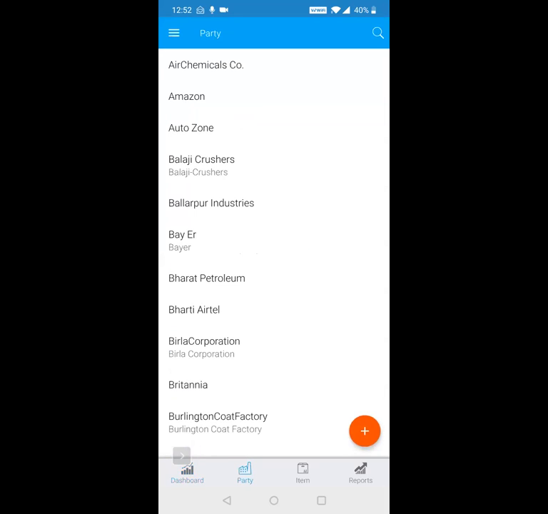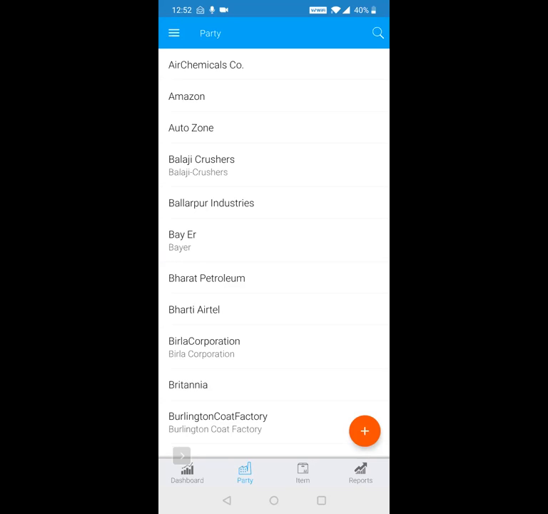Okay. Next is the party tab. Now there were two reasons why we created the party tab. One is that if you have a huge list of customers, it is almost impossible to remember all the transactions you have done with each and every customer. What items you have sold in the past, what was the rate, what is the quantity that you have sold. So that's why we tell everyone to just refer to this screen before you visit any customer, especially your sales team. When they are asked to increase the sales, this becomes very important, that they will not remember everything, so they should use this as a guide.